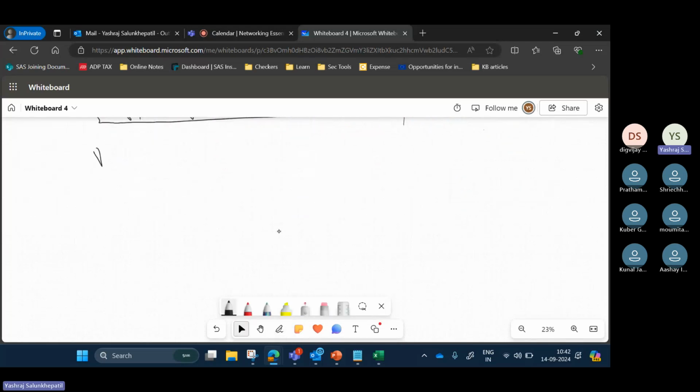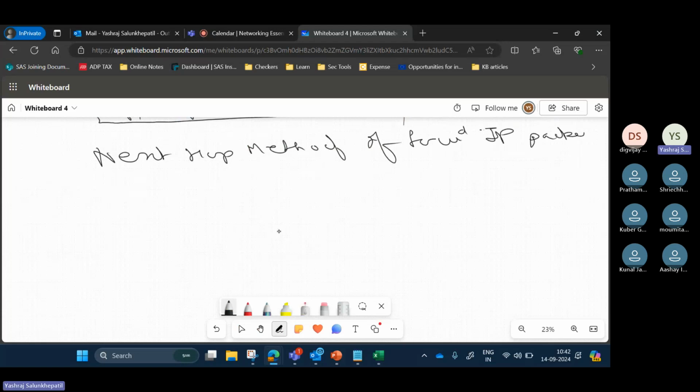So what is the next hop method of forwarding IP packets? Okay, like I said, there is one network, two PCs, local communication via a switch. There is a router.